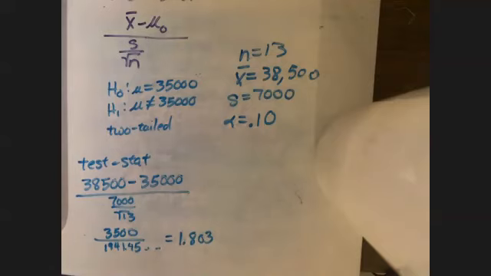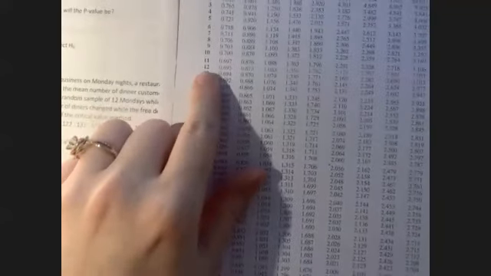Now then, how to do this with the chart and table. Okay, so I'm going to bring our chart and table back across. Now, here we go. N was 13. Sorry, let me get rid of that extra light. Okay, N was 13, so that means we're going to line 12. Now, moving across line 12, we're going to try and find where